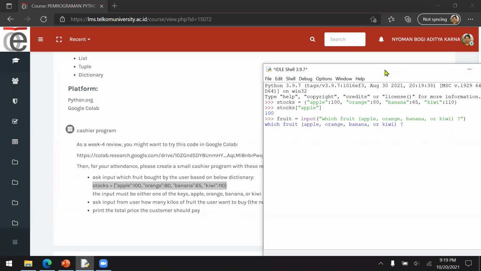Okay, let's say the user wants to buy an orange.